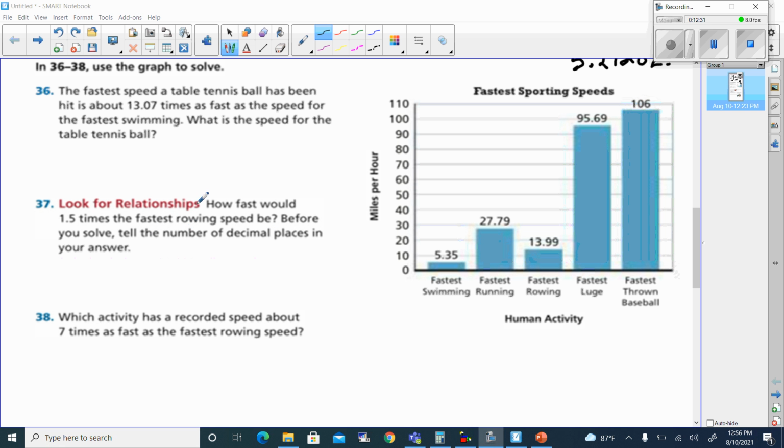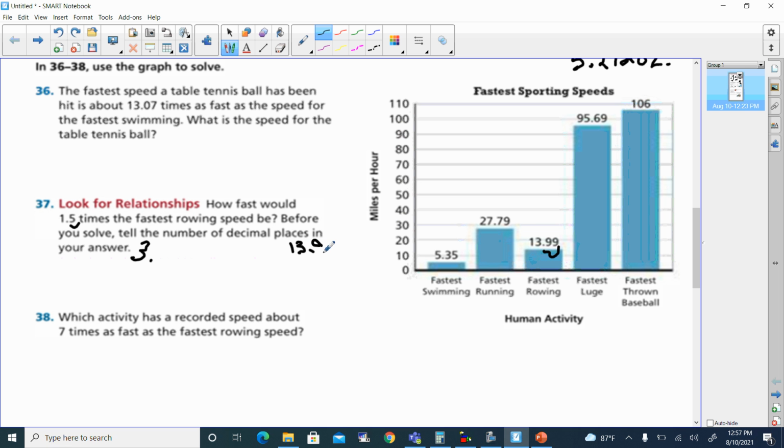Okay, so I got 1.5. I already know I'm going to move over 1 decimal space, but the fastest rowing speed is 13.99. So I'd have to move over 2. So that tells me the number of decimal places in my answer is going to be 3, because I'll be moving over 2 spaces there and 1 space here. So 3 will be my answer for that one there. And then how fast would it be? Well, that would be